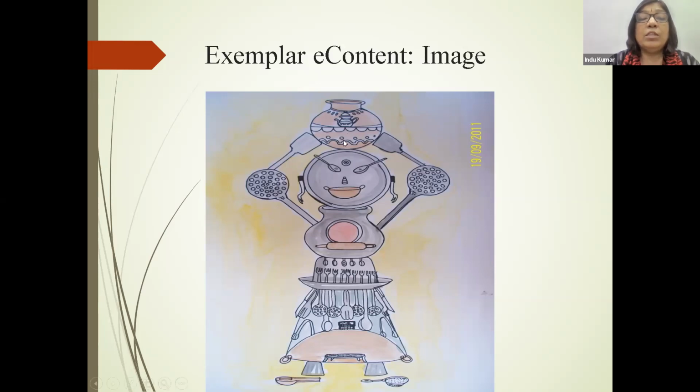Like for this picture, we use it for fetching water, and there is a small kettle also. What is the use of a kettle, spoons, and other cooking utensils, and also utensils which we use to eat our food? The concept of food can also be brought into the classroom using such gamified images.